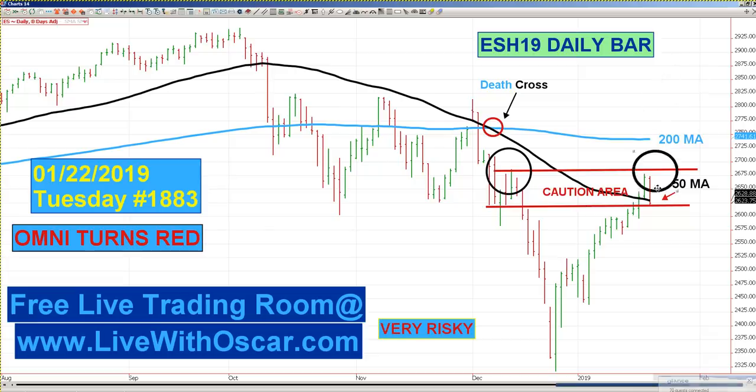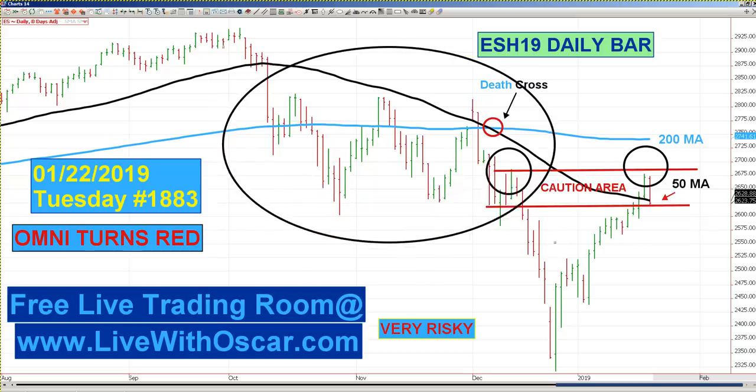That makes me wonder if the caution area is now doing its job. And I will say, if the caution area does make the market fail like it looks like it's doing today, then the head and shoulders comes back into play, and I start looking back at those secondary projections I had given us after we bounced off that low. So that is very interesting. If you ask me, technically we should have blown right through this area and at least hit the 200 to test that. We seem to be failing now inside of this area. So that, if you ask me, is a little bit nerve-wracking.